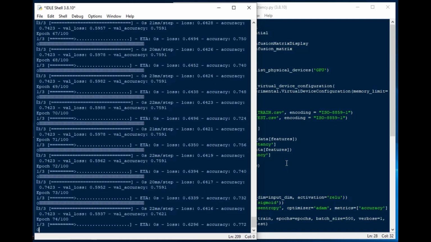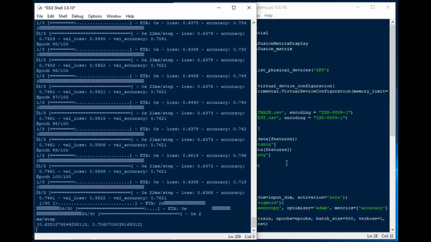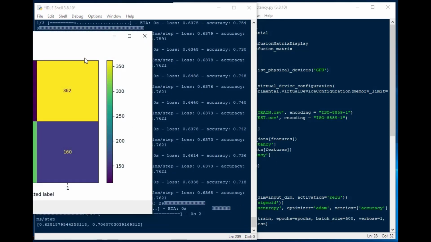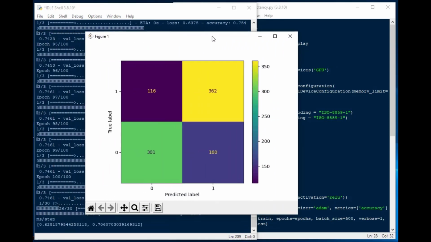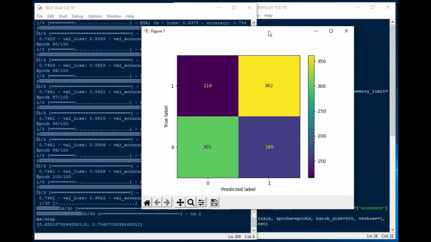It's just ripping through those epoch, and it's already done. And now we have a little bit of a different outcome. It looks like it was 70% effective. You can see that down in the bottom left there. And it looks relatively balanced between 0 and 1, and it looks like there's some false positives and false negatives, and we're gonna do a little bit more here just to see if we can get it a little bit